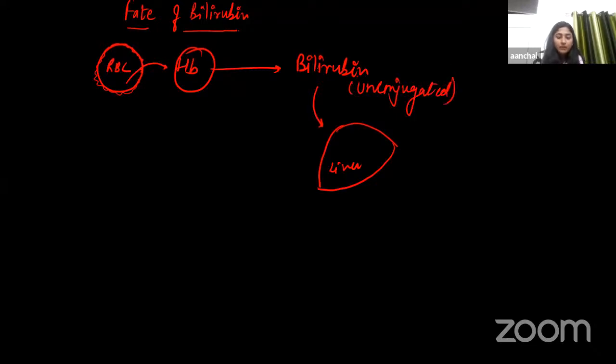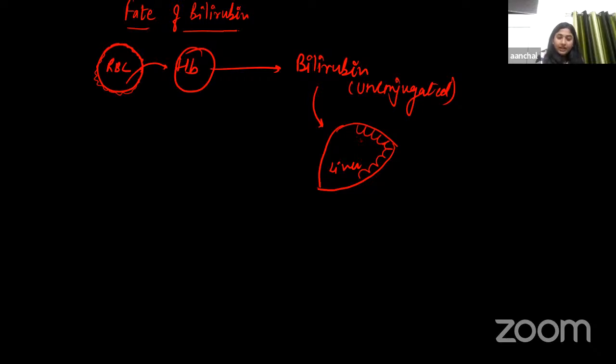Okay, so this bilirubin on reaching the liver, this free unconjugated bilirubin is split from albumin and enters into the hepatic cell. Okay, the cells present inside the liver are hepatic cells. So whenever this free unconjugated bilirubin reaches the liver, it gets split from albumin and enters the hepatic